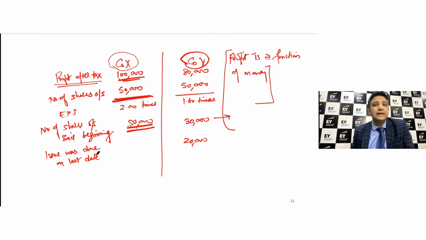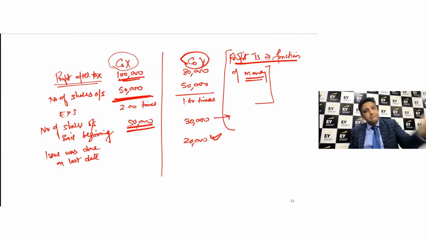Now, what does it mean? Of course, you received the money because you issued the shares. But was that money available, or was that money used to create profit? The answer is no, because you earned that profit over the period, but the money was never available with you. So yes, the money is there, but on the last day, you don't really use that money to make a profit. You would be able to use it maybe in the next accounting year, but not in this year.